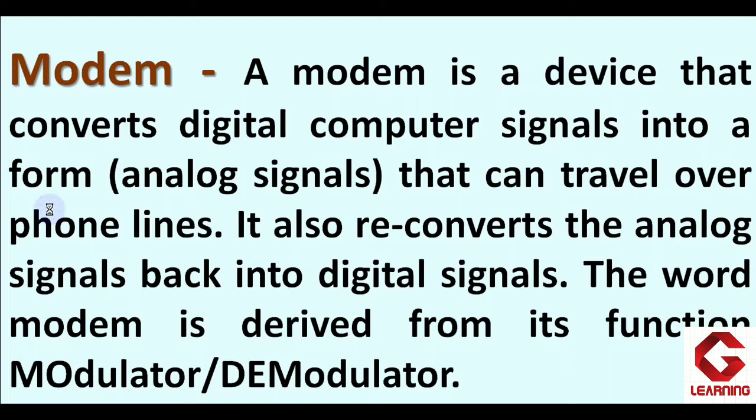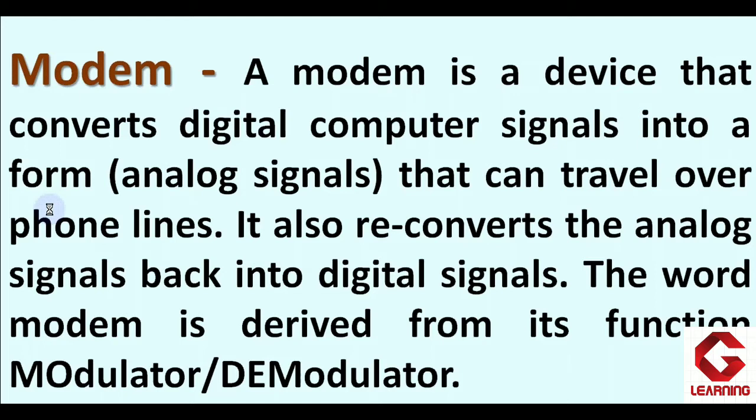Whenever we are transferring some data from our computer to some other computer over the internet, that data is moving from our computer to the internet via this telephone line only. At that point, conversion of the signal is needed from digital to analog, because data is moving from our computer in digital form and the wire is able to carry only analog signals. So one device is needed, and that device is the modem.